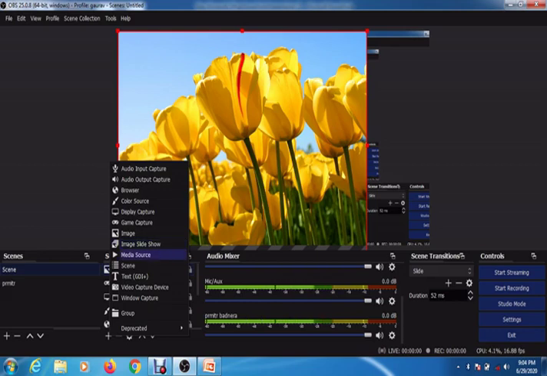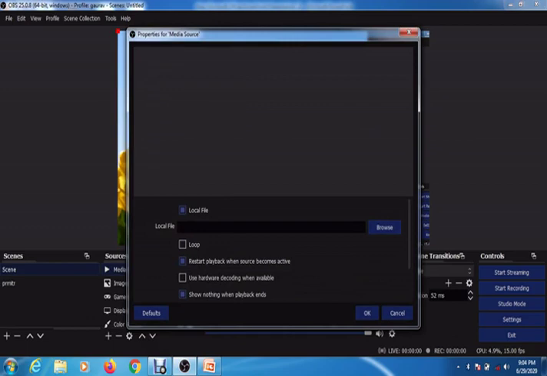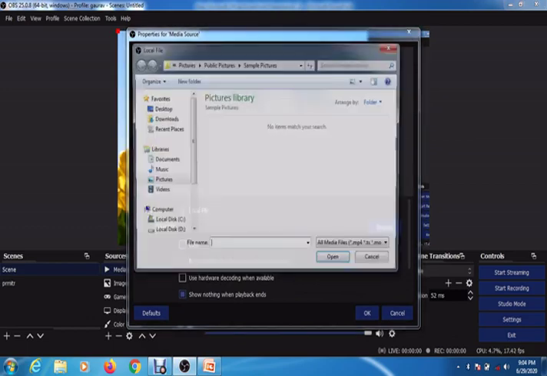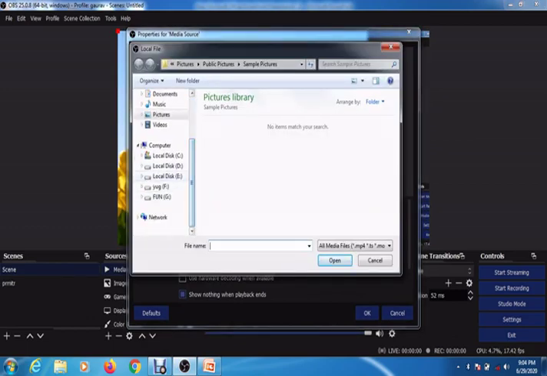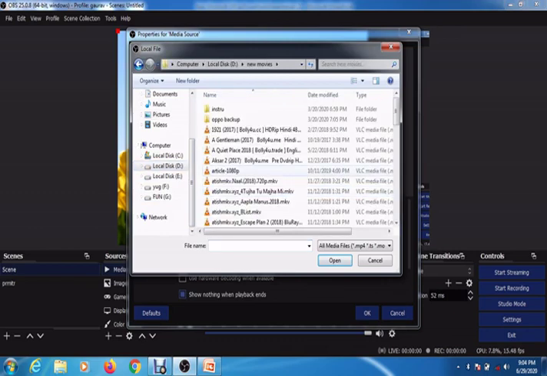The next important thing is nothing but the media source. Now this media source is generally used to place any media file or a video in your recording. So we will see how it is placed. Again I'm clicking on this OK. Now again it will ask for the browsing path. I will just use one sample video to show how the media is played in this.